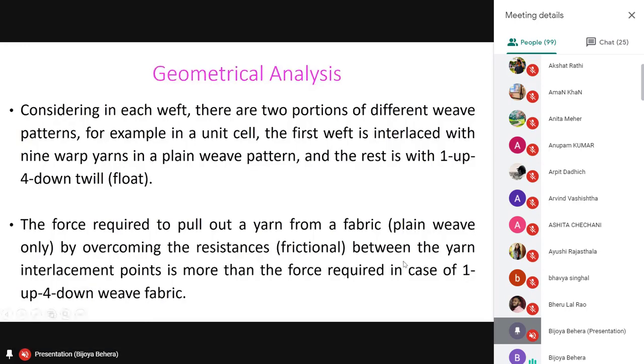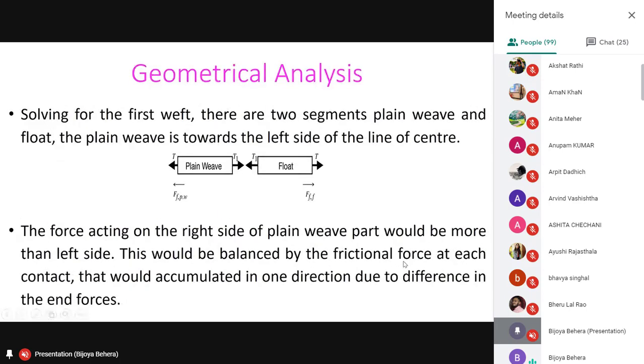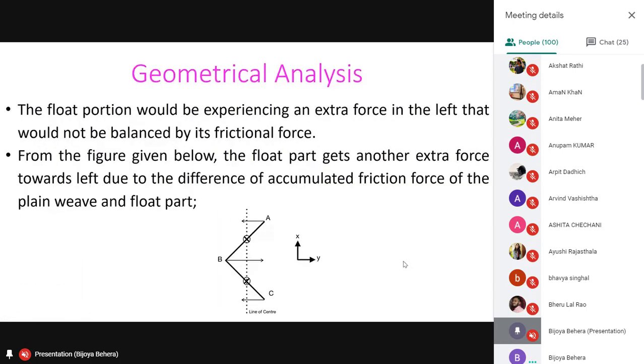So this is one example. I'll give you a better example from which it will be easy for you to understand. This is a geometrical analysis. I'll give a mathematical proof of why this is giving negative Poisson's ratio. And you can see here in this diagram the foldable geometry.